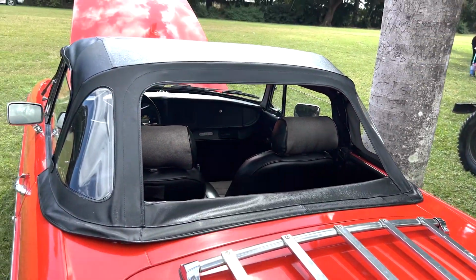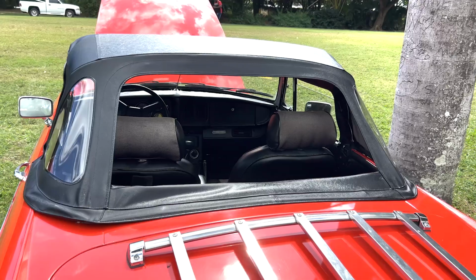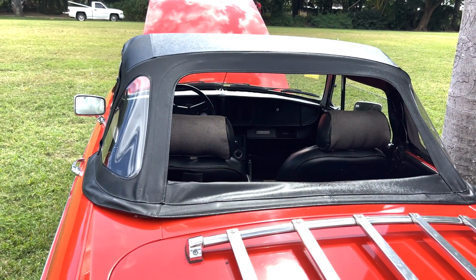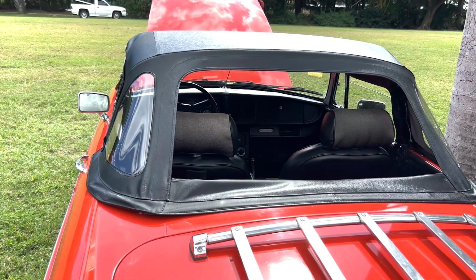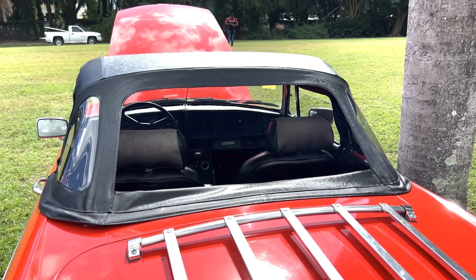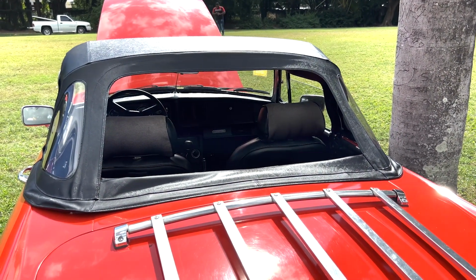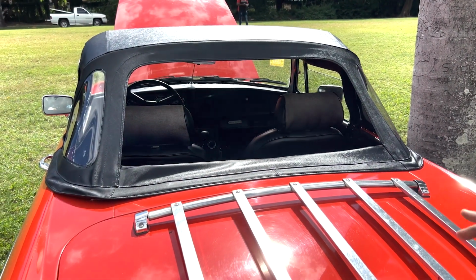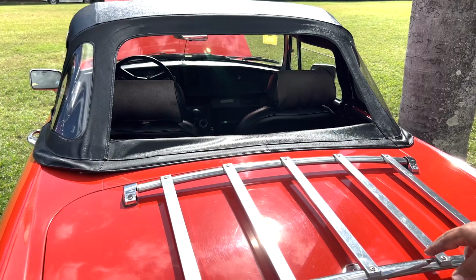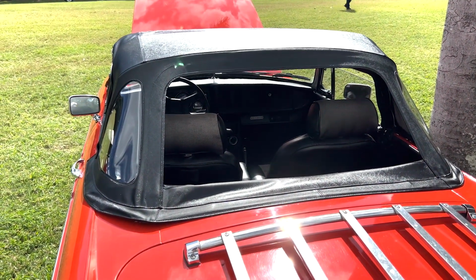So you have a new top here now? Yes, I just put on this top a month ago. I got it on Amazon. Amazon? Yes. And this top fits all of the MGs? Yeah, I was a little worried because the regular MG supplier had them, but it was 3 times the price of the one at Amazon. So I said, let me take a chance, and it fits perfectly. It fits good. How much you paid for that? This was 380 US. They must have them for nearly 1,000 US. So I decided to just give it a